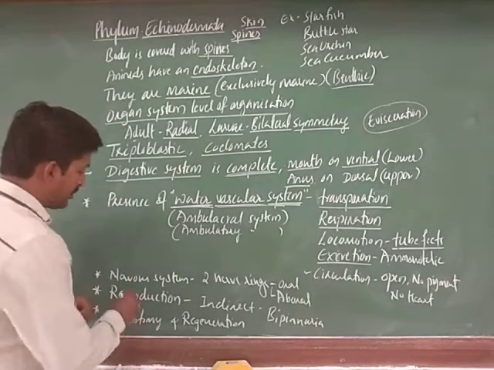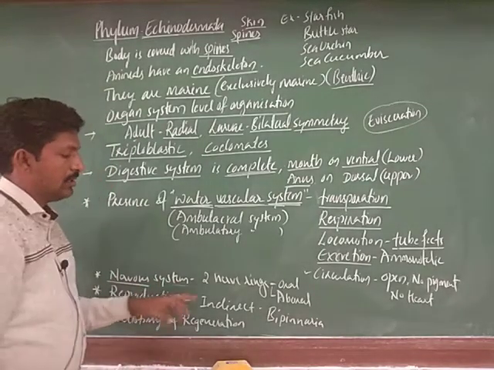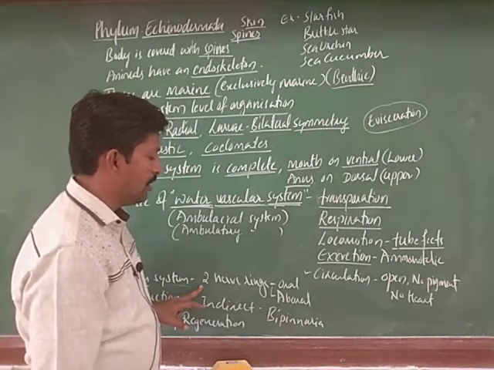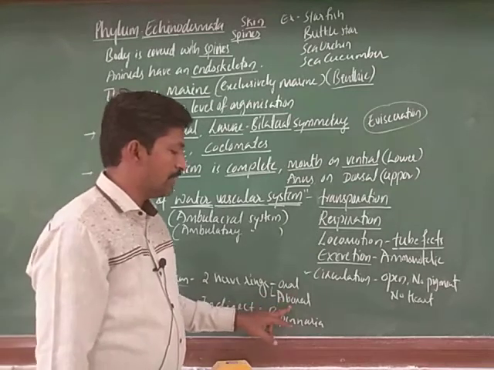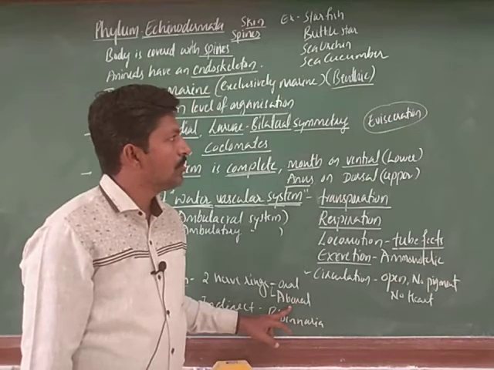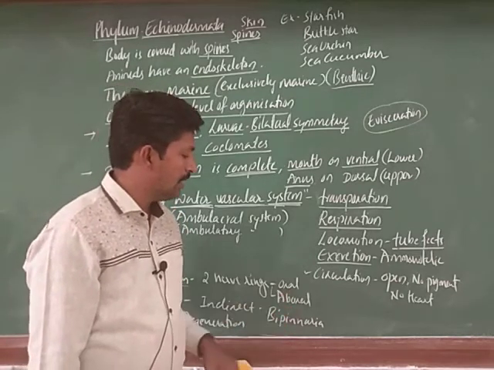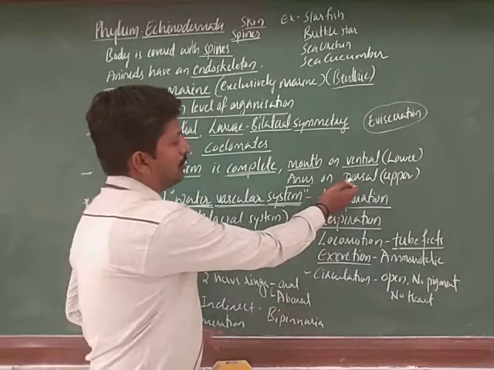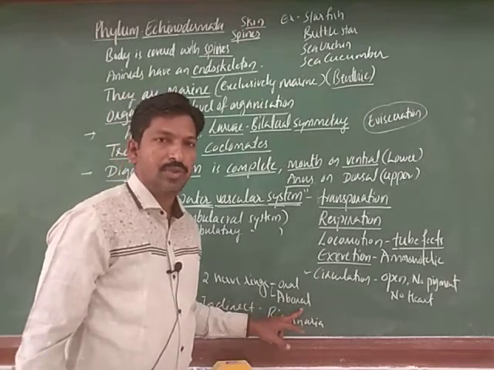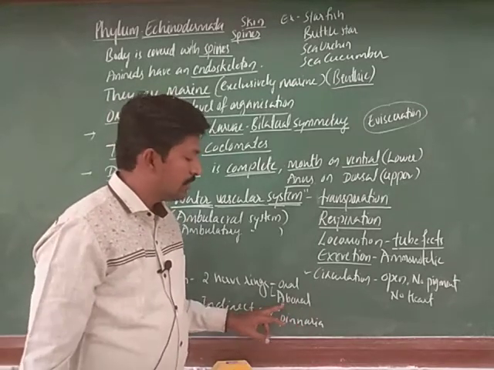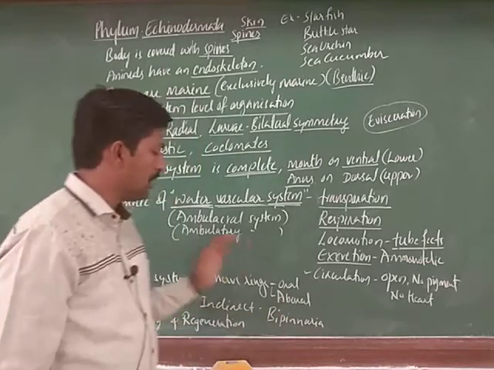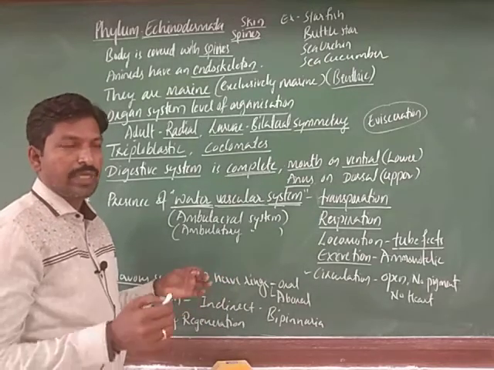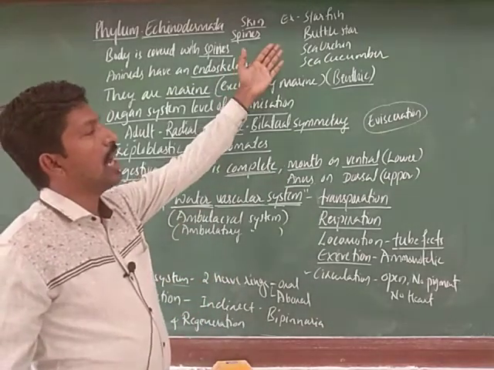Next, about the nervous system. There are nerve rings formed by the ganglia, right. Ganglia form 2 nerve rings, one on the oral side, another on the aboral side. Oral side means the side on which the mouth is present. The opposite side is called the dorsal side, aboral, on which there is the presence of the anus, the aboral surface. There are 2 rings,